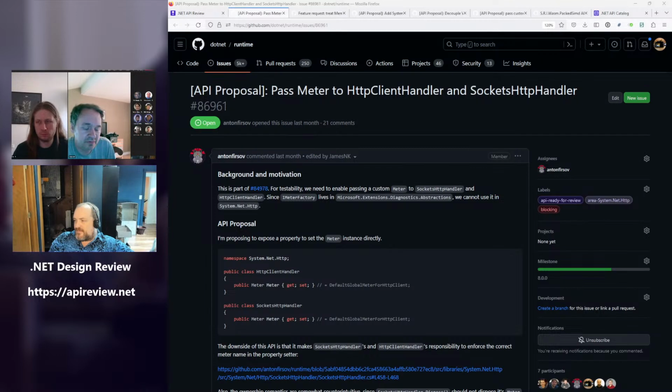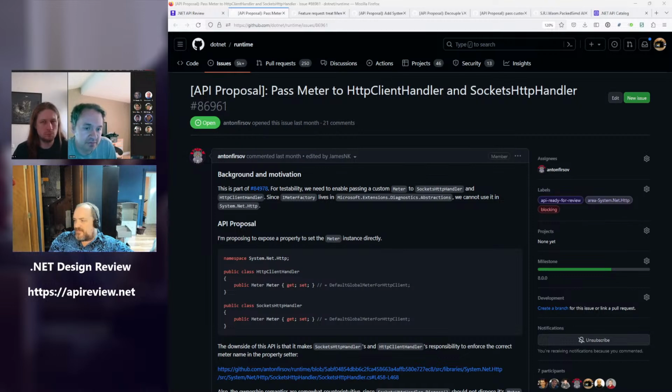I do have, I realize I've beaten the meter versus IMeterFactory thing to death. I will ask one more question related to it because it kind of ties together all the questions we've been asking. Sure. And that is, we've named this meter System.Net.Http. There's one meter that is put onto the handler, but the handler does a lot of stuff, right? And it talks to DNS and it talks to whatever else.